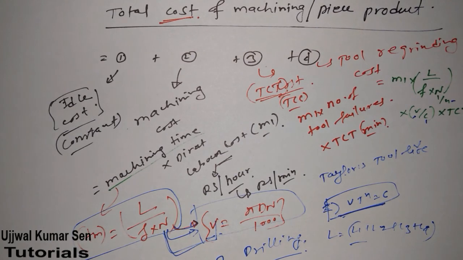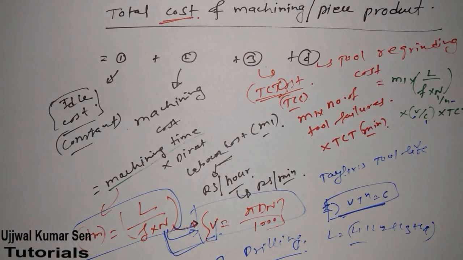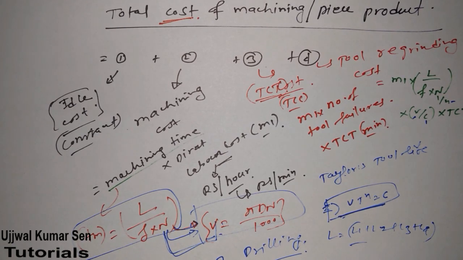Right now I don't have any examples to share with you on how to find total machining cost. I have already shared many numerical problems that were already asked in GATE, so there is no need to repeat. And one more thing: first of all, you have to make a list of formulas in every topic. If you are preparing for GATE, frankly speaking, make a list of formulas, then try to solve problems related to those formulas, and you will see things become much easier for you.